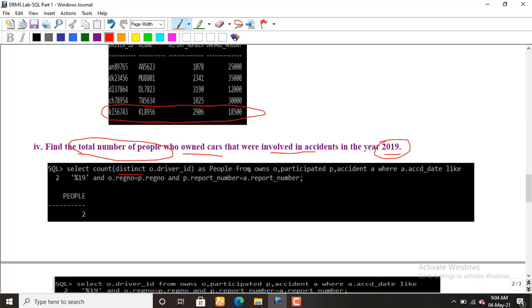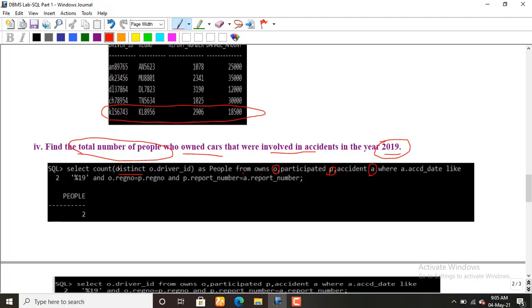First I will start with the from clause. The three tables are interrelated in this query. The owns table is renamed as O, the participated table is renamed as P, and the accident table is renamed as A. Then the count of who owns cars means driver ID, which is the best one to count.